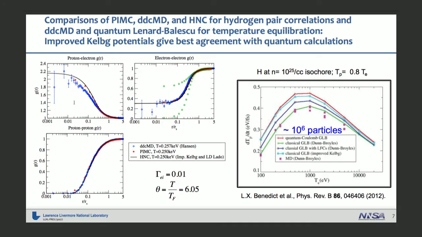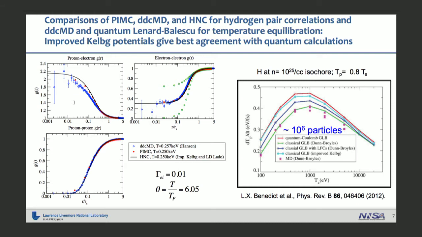Okay, so having calculated these statistical potentials for hydrogen before we applied them to any kind of dynamical problem, our first task was to validate them using actual comparisons to full path integral Monte Carlo calculations of plasmas. So we simulated hydrogen plasma at different types of conditions. In this case, I'm showing some results for the pair correlation functions for proton-electron, proton-proton, and electron-electron